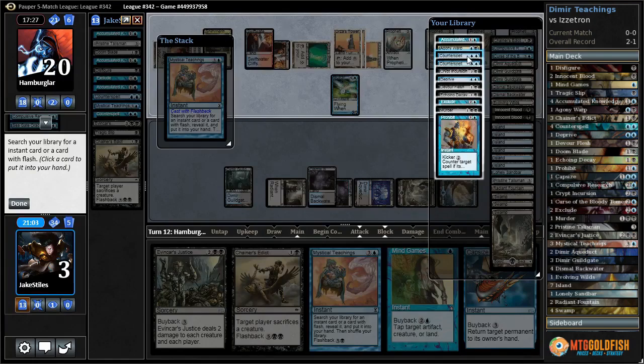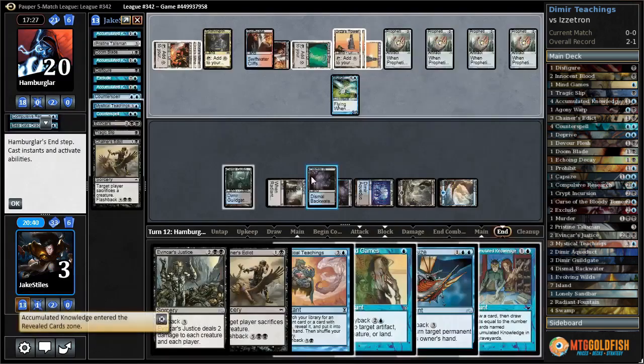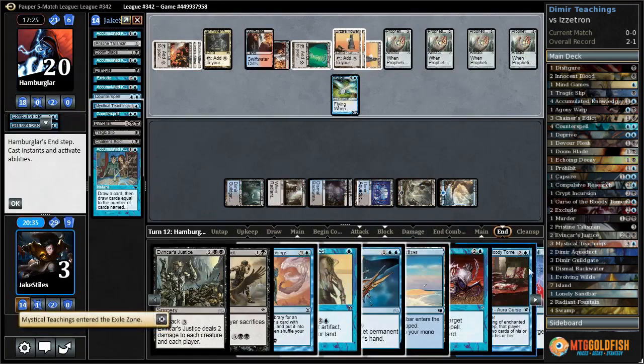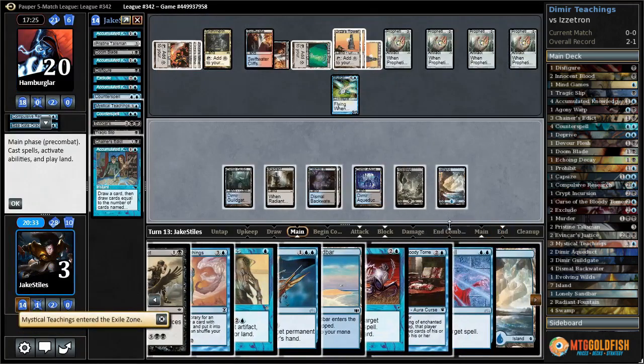I could also Accumulated Knowledge here to draw 4 cards. 4 cards is fairly likely to draw us a Prohibit, which can hit Arc Lightning but not Rolling Thunder, or one of our other counterspells, and we'll still be pretty far behind our opponent in terms of who's going to deck themselves first. So I think I'm going to go with the greedier play here and try to draw more cards. Try to find a counterspell and a Curse or a...